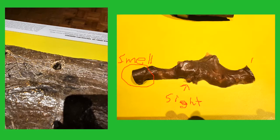And this bit right here, the back part of the brain, that's the brain stem, and that's where the spinal cord will meet the brain. This bit right here is the cerebellum, a part of the brain that is associated with movement and coordination. And this bit right here that is a little bit expanded, that's the cerebrum, the part of the brain associated with thought process and also the ability to